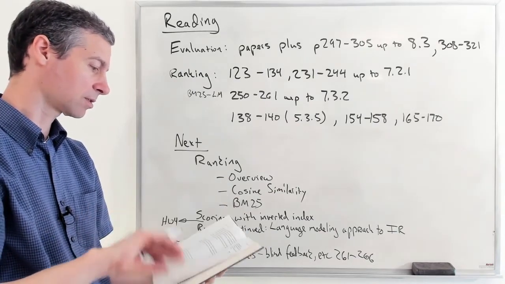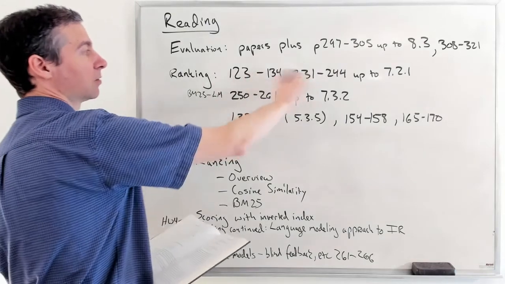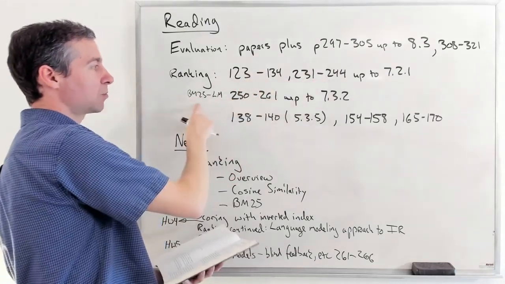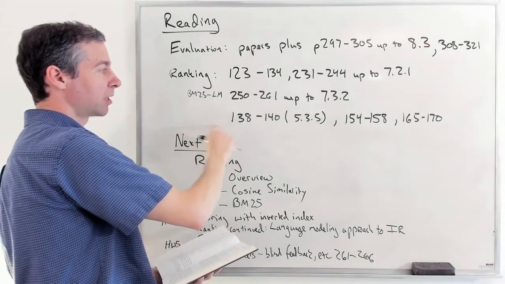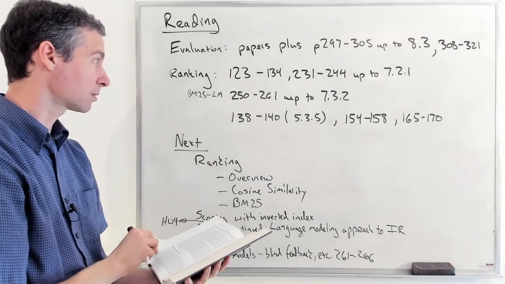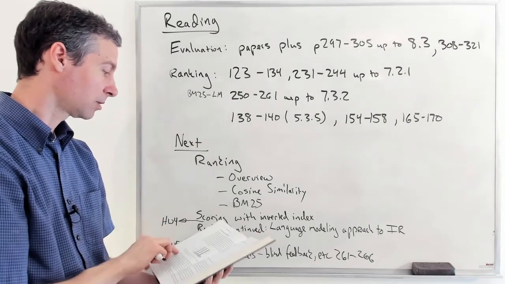Yeah, this gets us into the basics of ranking, the basics of cosine similarity and things. Then we move on to BM25 and language modeling, and then this back here is dealing with